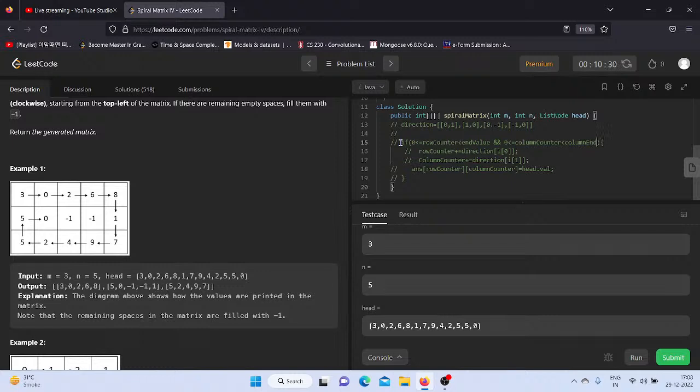Column end, and here it should be row end. If it satisfies that, then proceed. Else, what you need to do is